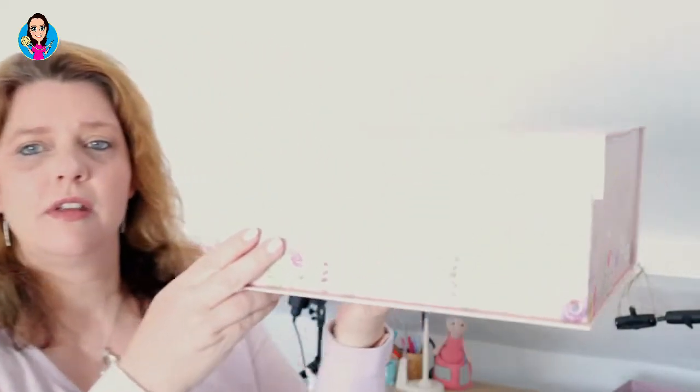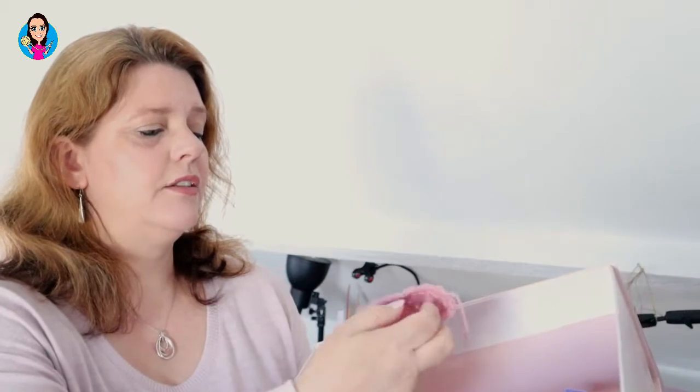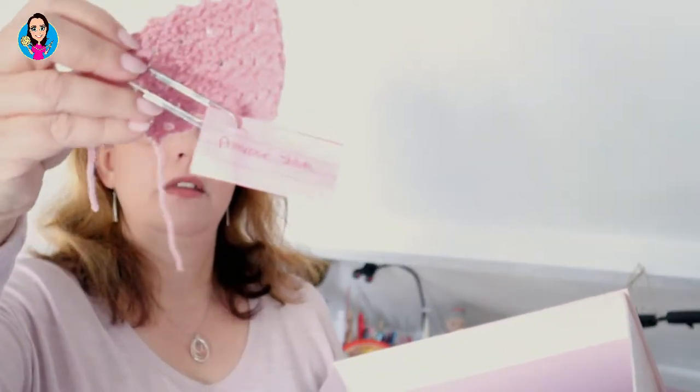Also, whilst I was in Home Bargains, I bought this, and I think it's a present box, but I just thought that looked really rather nice. I've been keeping all the little swatches I make for my stitch videos. I've got them all in bags and in drawers, and I thought, right, well, I'm going to put a little tag on them. So this was Primrose Stitch from the last tutorial from last week's video. That's probably not coming up on the screen, but it doesn't matter. And I've got the double cross in here, I've got the Jacob's Ladder, and I'm just going to start keeping them all, because you never know when they might be useful for just doing extra bits of photography that I need,